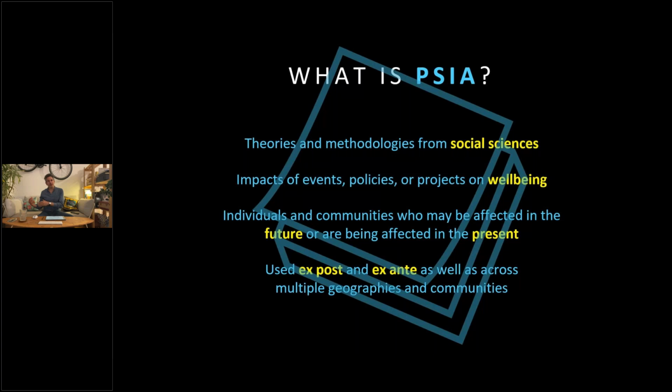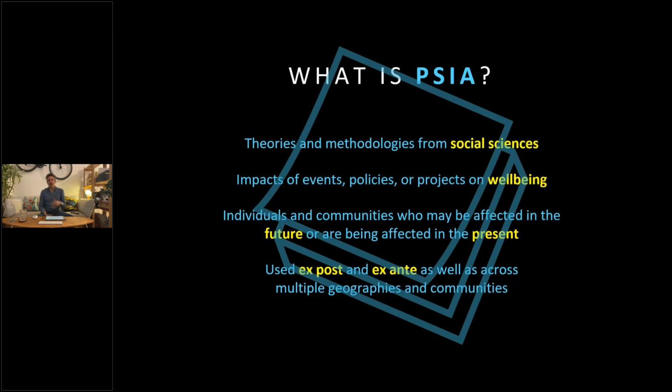But there is also a more social component, which has to do with anything about interpersonal or intergroup relationships, like social support, social capital, just to give you an example. Psychosocial impact assessment is particularly tuned to look at the interplay between these psychological and social